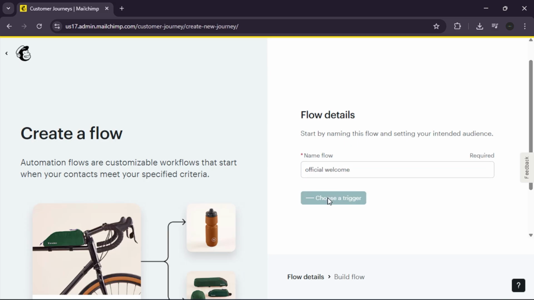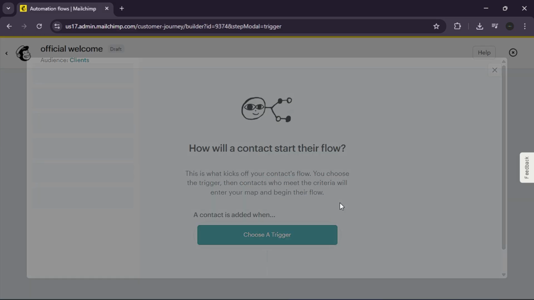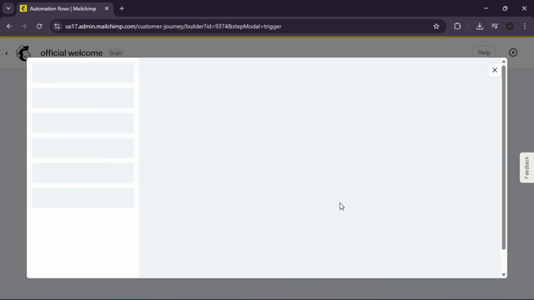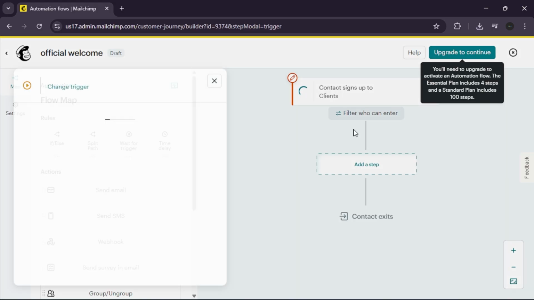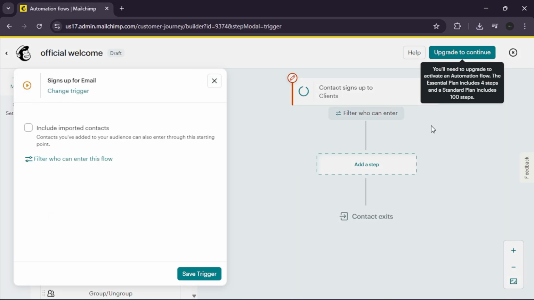Next, set the starting point. The starting point is the specific action that tells Mailchimp to fire off the email. Click Choose a Starting Point. Select Signs Up. This ensures that whenever a user enters their email into your website form or landing page, the